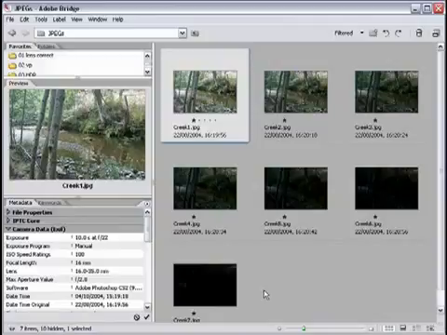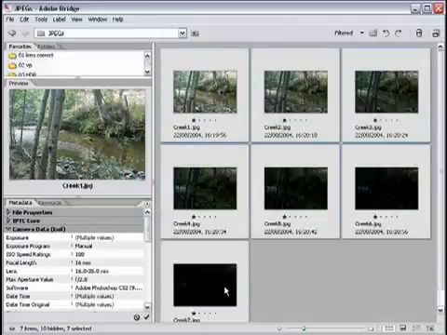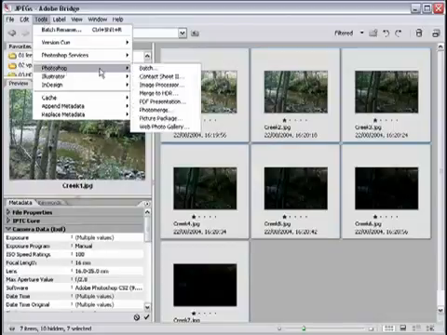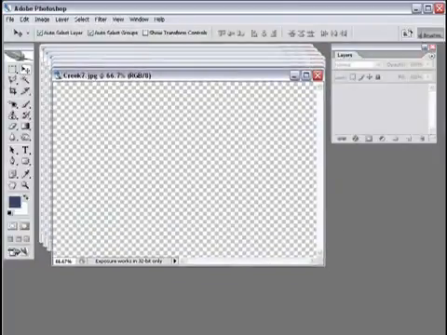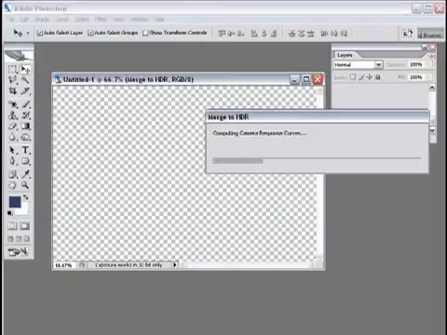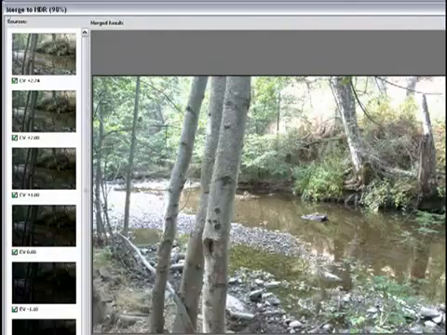So in order to create an HDR image, let's select all of the photos in Bridge to start with. Hold down Shift, click the first and last image, and then go into the Tools menu and down to Photoshop, and then into Merge to HDR, which is a new feature in Photoshop CS2 and Bridge. Notice that the images are now opening up in Photoshop and they are being transferred into the new